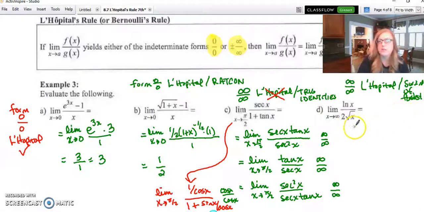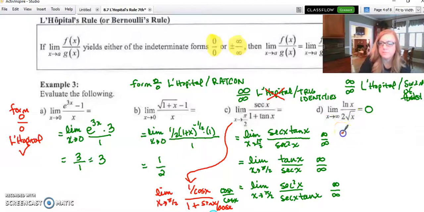Like I already know the answer because the square root grows slowly, the log grows slowly. The log is a loser because logs are losers. That's the slowest. The bottom wins the race. And whenever the bottom wins the race to infinity, this is going to 0. So that's one of those really easy ones, but we'll show it with L'Hopital just to show you